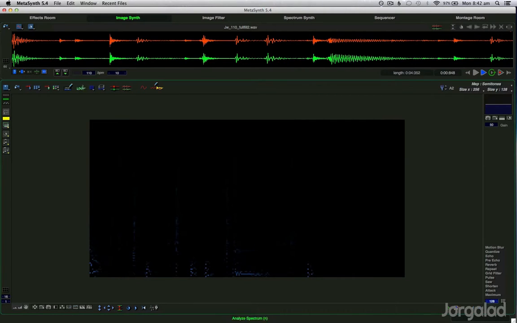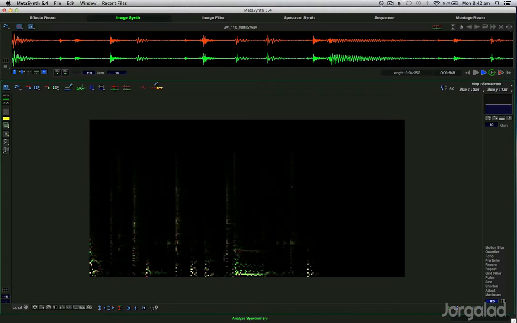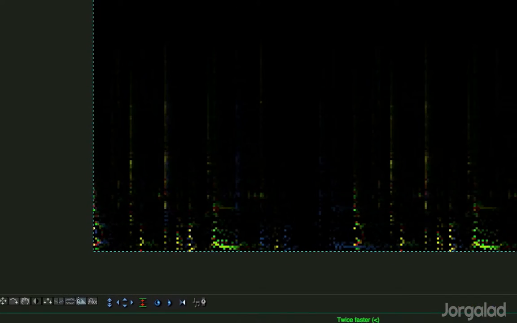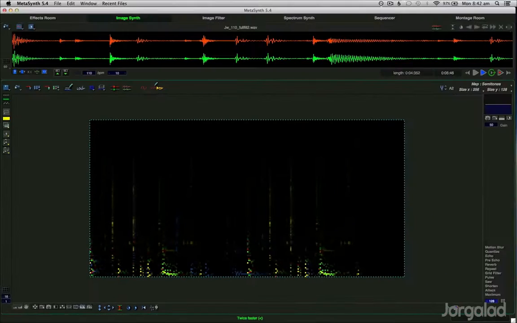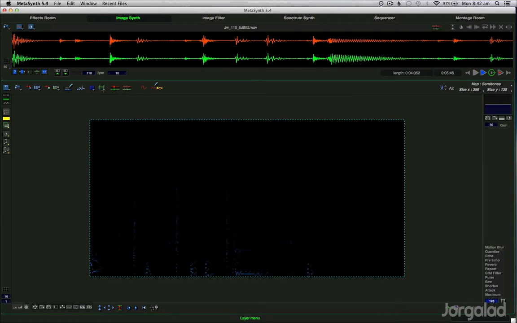So that's one cool thing, but we could also analyze this drum beat just to the regular layer, and we can do that like this, and now we actually got the sound on the transients that the drum beats have. And we can double this, so speed it up, make it twice faster. We can import that again. First I'm going to delete the grid layer, then go to the normal layer again,